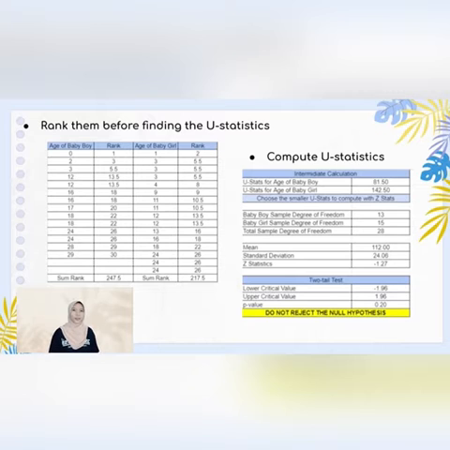The next step is to find the Z statistic. From the table here, the value for the Z statistic that we got is -1.27. Then, the critical values for Z at the 0.05 level of significance with a two-tail test are -1.96 and 1.96. From the result, we do not reject the null hypothesis because the Z statistic is not in the rejection region. -1.27 is larger than -1.96, and -1.27 is smaller than 1.96.